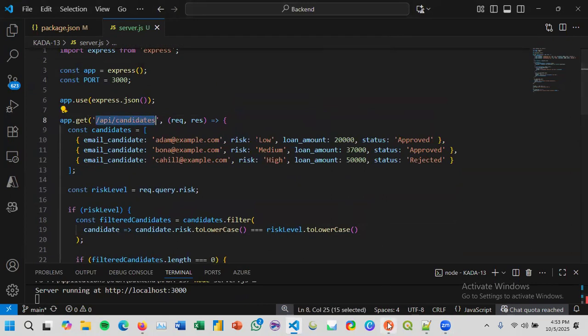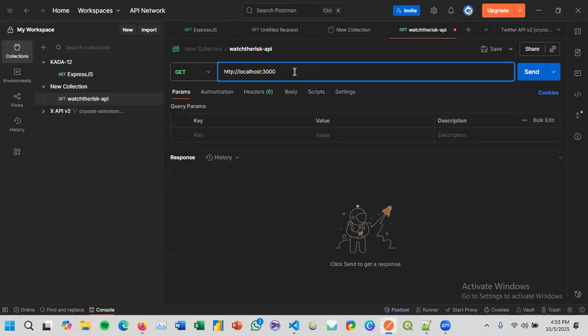Then we move to Postman using the get method. We will do the first test, which is to get all candidates with no filter, and expect all three candidates in the response.